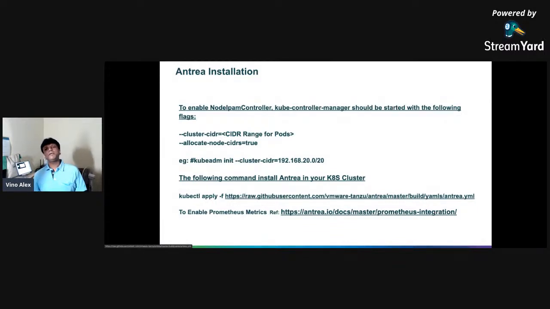But one good thing with Project Antrea is that without much instrumentation, you can enable network observability. All you need to do is enable one parameter, the Prometheus metrics endpoint, in the config map file.